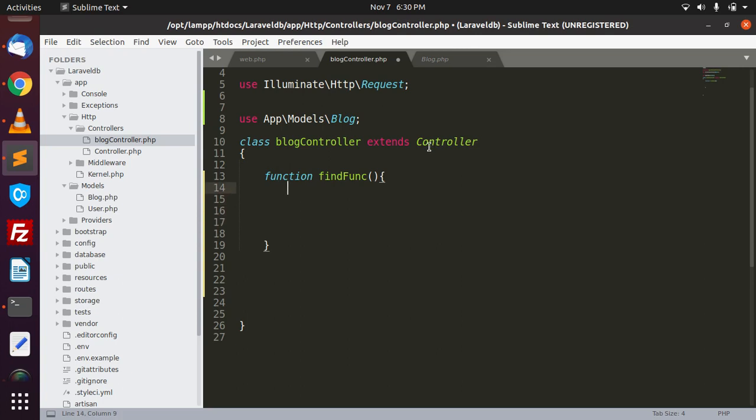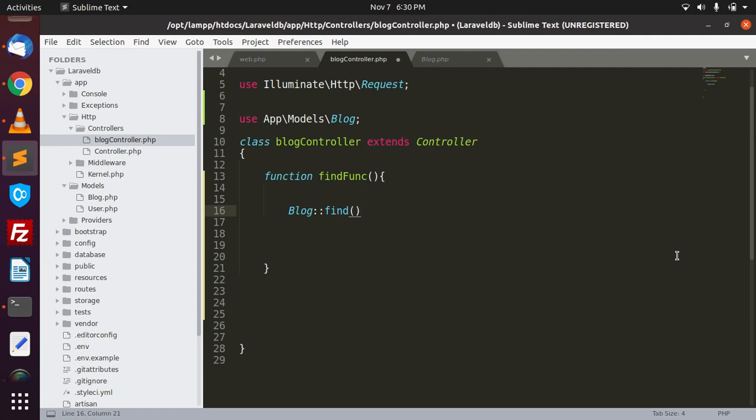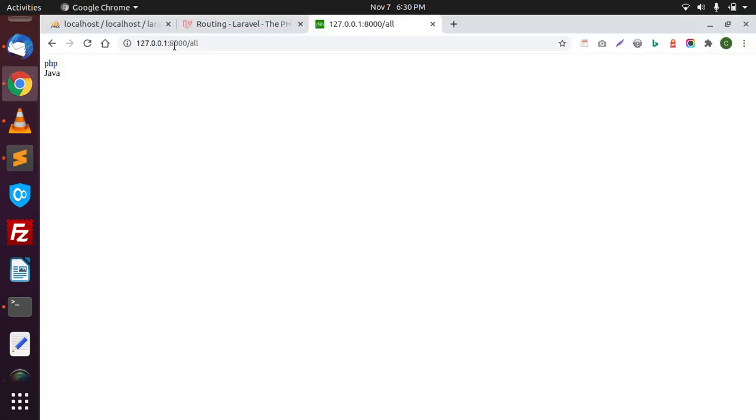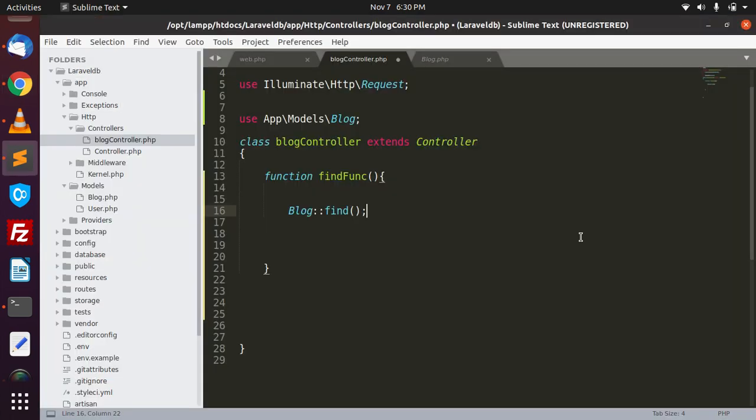Now we will use this model again, find, and I want to fetch the first record from this table with the user ID. Now we can give the ID of this row. I will save this result in the variable.